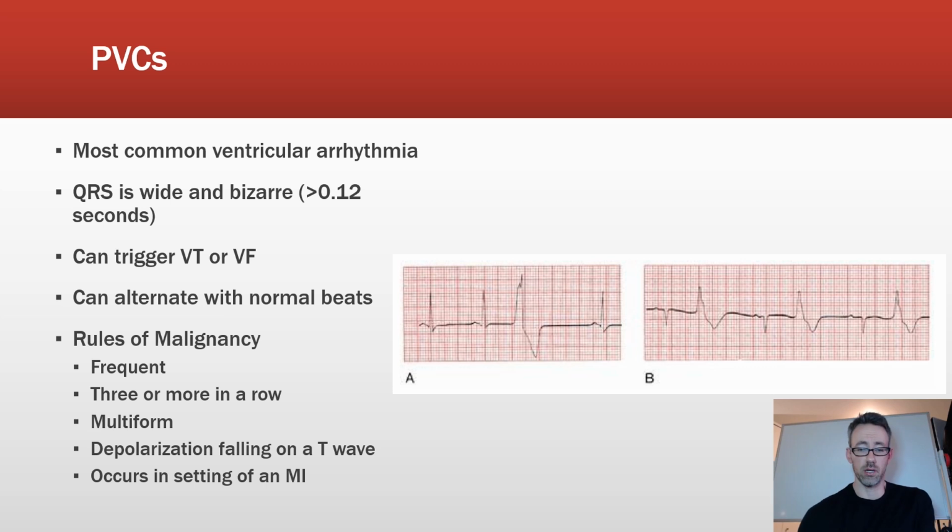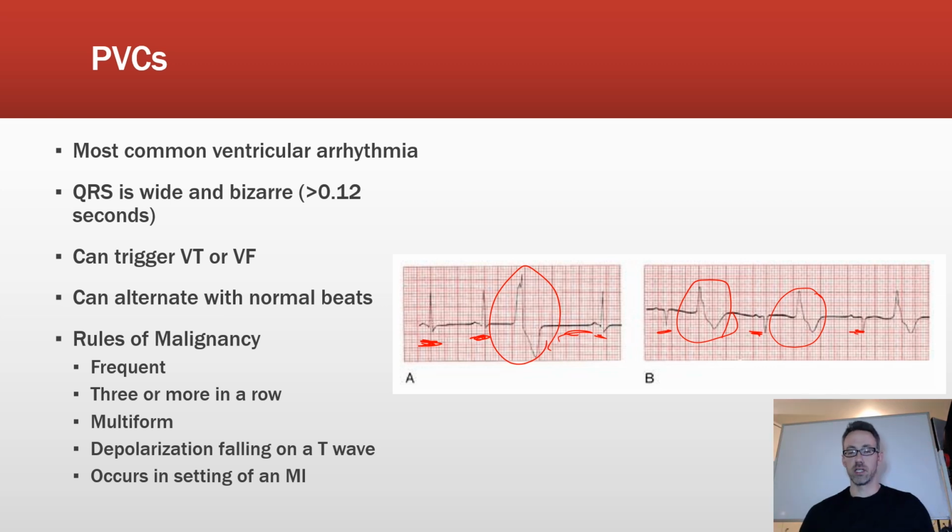And so here, you'll notice here's some of our regular rhythms, and then there's this guy here. And that right there is a PVC, or an ectopic ventricular beat, really. And then you've got a little bit longer of a pause, and we go back to our regular beats again. Over here in B, again, we have our normal complexes for this particular person, but then you're seeing these. So these are the PVCs. Now, they may label them as